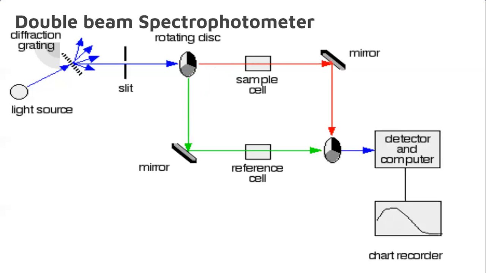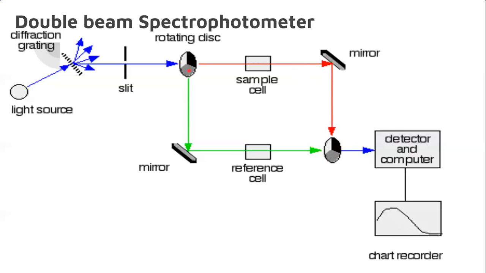And here on the mirror, whenever the light falls on the mirror, it will be bounced or reflected, and then it will be sent to the second rotating disc. And how does this fall on the mirror section of the rotating disc? The light which is coming from the sample side is allowed to fall on the mirror section of the second rotating disc. Next, come to here.